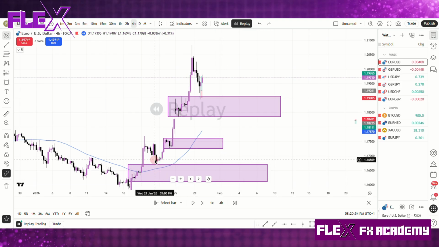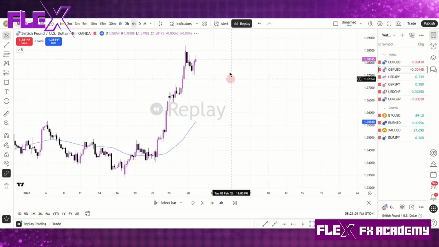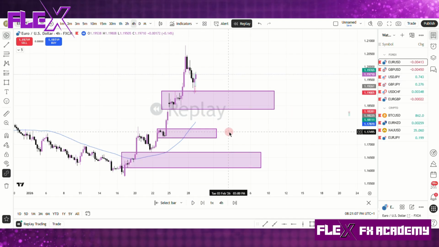However, it has been tapped, so just let go. Look for a new zone, check another market, scan through the market. There's so many currency pairs you can get other opportunities from. So why would you want to take a zone that has been mitigated already? Leave it and move on. Look for other currency pairs where you can get a good viable zone, and then enter and make good